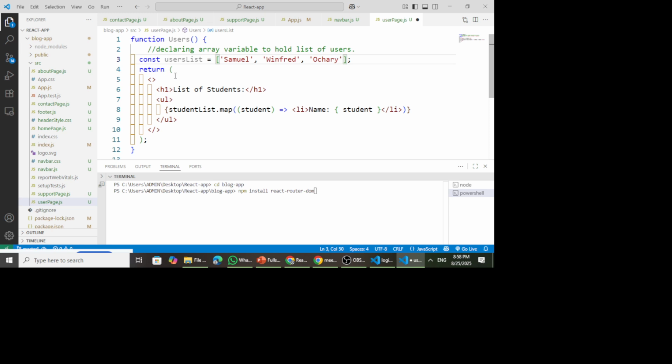Then now we can return and say list of users. This is just a header, it has nothing to do with the list. So it is a header that is going to be displayed, list of users. Then we use the list tag ul, and here we are going to refer to this variable users